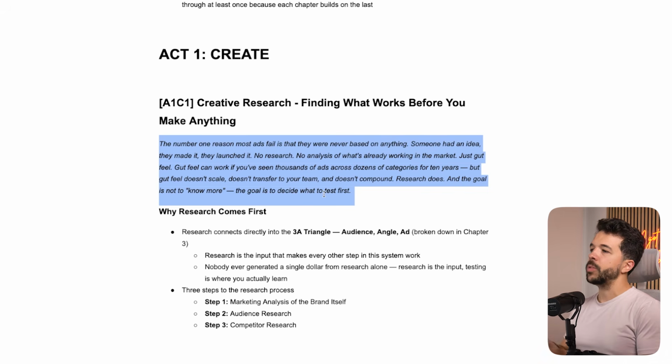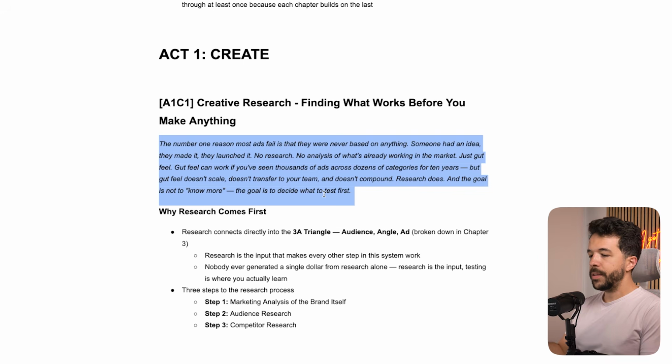And this is something that I would love to clarify. When we talk about creative strategy, we refer to the prioritization of the next most impactful creative move. And this is how we look at it at 99ads. Now, if